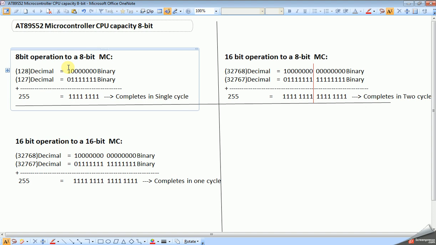For example, if you want to add two numbers as shown here, 127 and 128. These two numbers are 8-bit numbers. So the equivalent binary is given here.